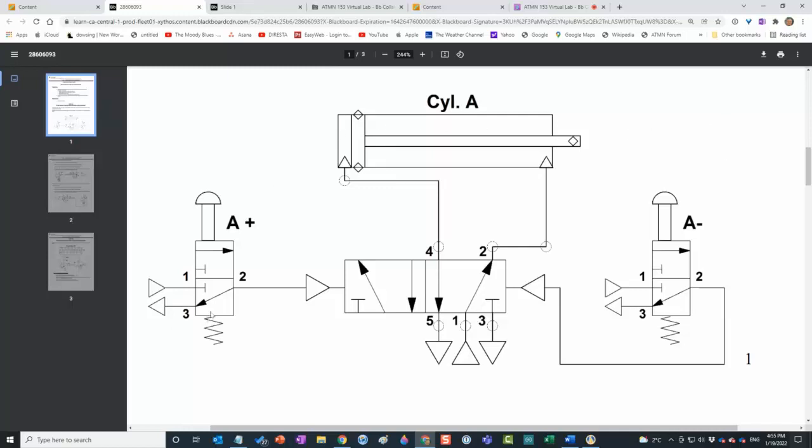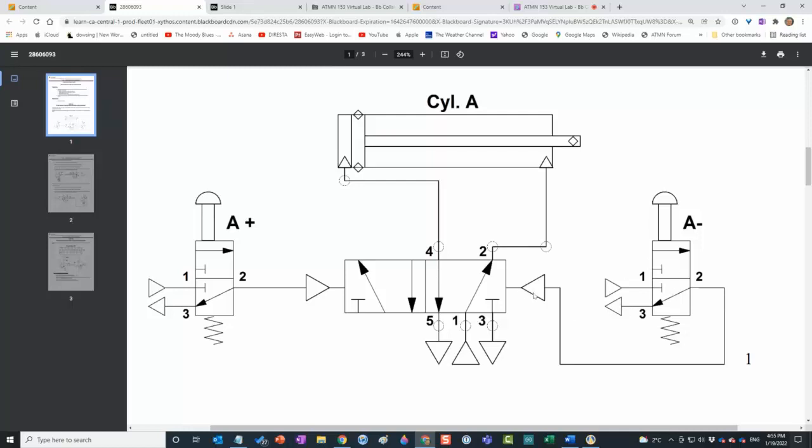Here we go. So when I press this button, it changes the state of this, as long as there's no pressurized air in here. And guess what? If this is in its normal state, if there is pressurized air in here, it's going to go and it's going to vent out here. So technically, as long as nobody's pressing this button, there's no pressurized